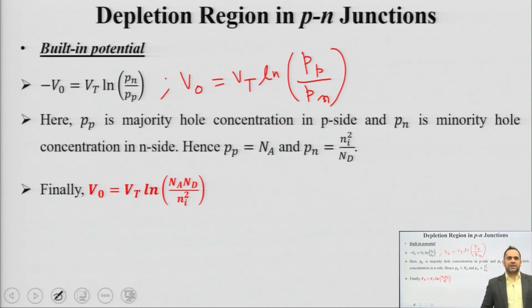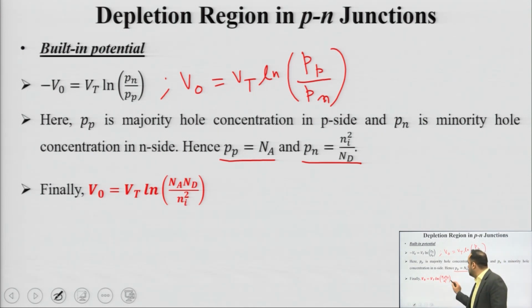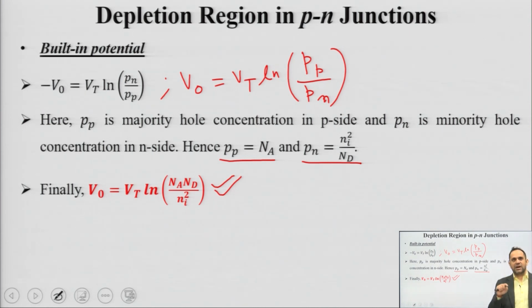Holes in P side are majority charge carriers, only doping dependent. Holes in the N side are minority carriers, can be obtained by law of mass action. So, in the P side, hole concentration is equal to doping density. In the N side, hole concentration is obtained by law of mass action. Putting all these things together, this is your expression for built in potential. This is the potential barrier which electrons experience while transiting from N to P. So, you need to apply this much of a potential when you are biasing the diode, so that you get excessive current from a diode. So, this is the expression for built-in potential.